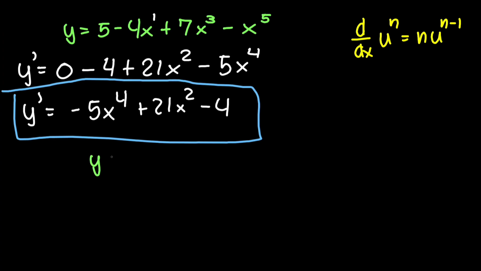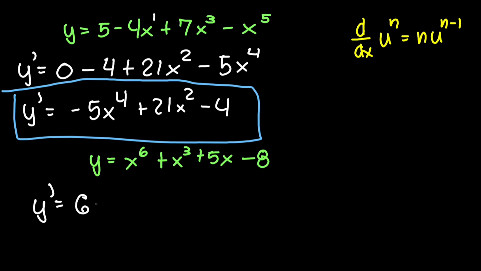Fourth problem would be y equal to x to the power of 6 plus x cubed plus 5x minus 8. Once again, take the derivative term by term in order to not be overwhelmed by it. Y prime right here, again, the derivative of x to the power of 6, it would be equal to 6x to the power of 5th plus derivative of x cubed would be equal to 3x squared plus derivative of 5x would be equal to 5, and the derivative of 8, which is a constant, would be equal